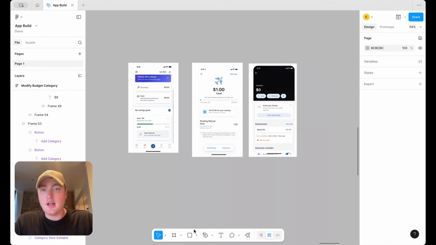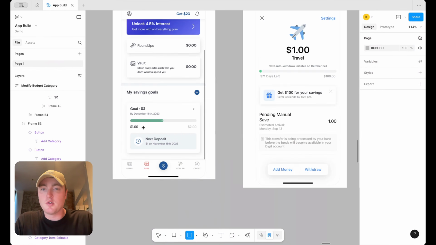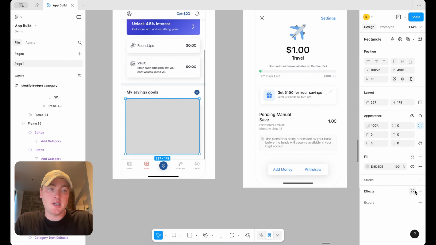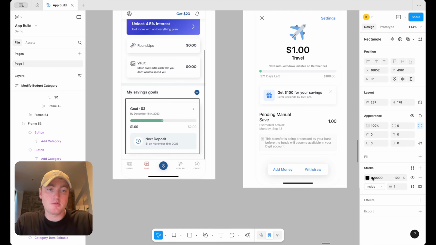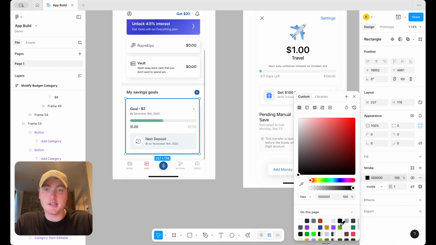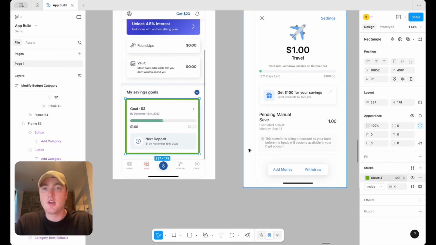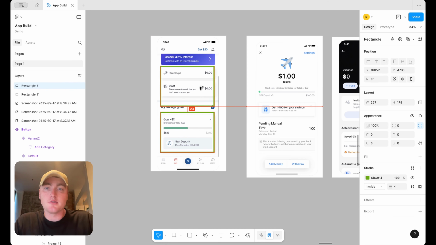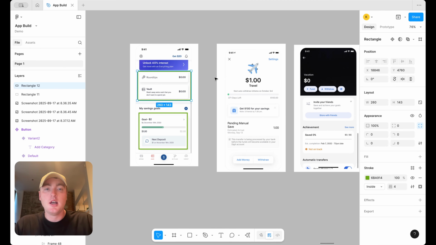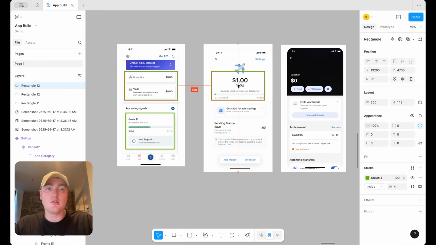Okay, perfect. So now in terms of inspiration, again, we're going to need some type of goal card here. So let me just add a stroke on the outside, remove the fill. So I think this is where we can take some inspiration from this widget here. We might also want to add some additional features or functionality that speak to them, at least things like roundups or overflow, different ways that they might be able to help you build out that goal. And I think this here is more in line with where we're going with our treatments,